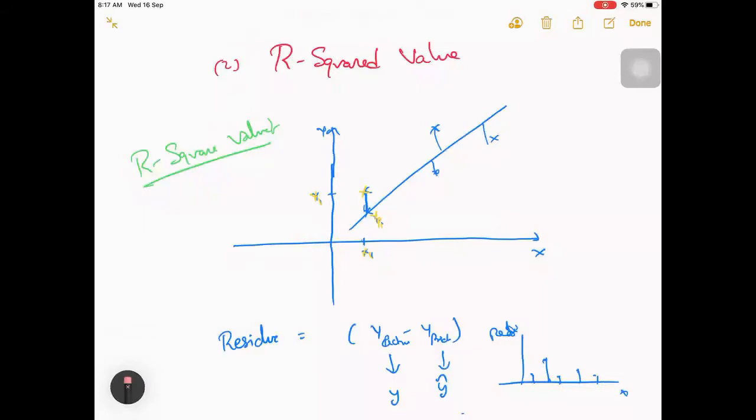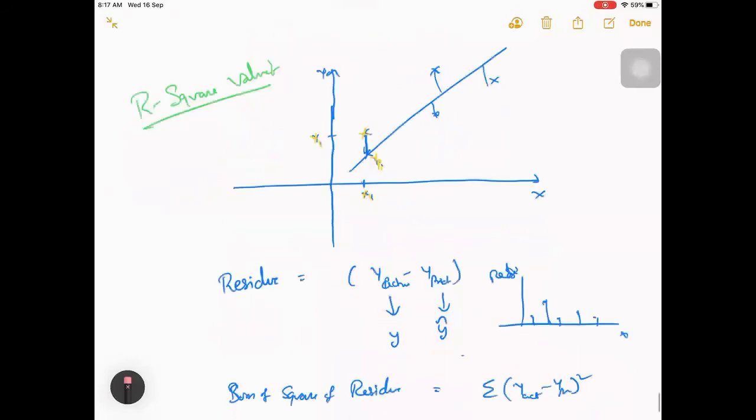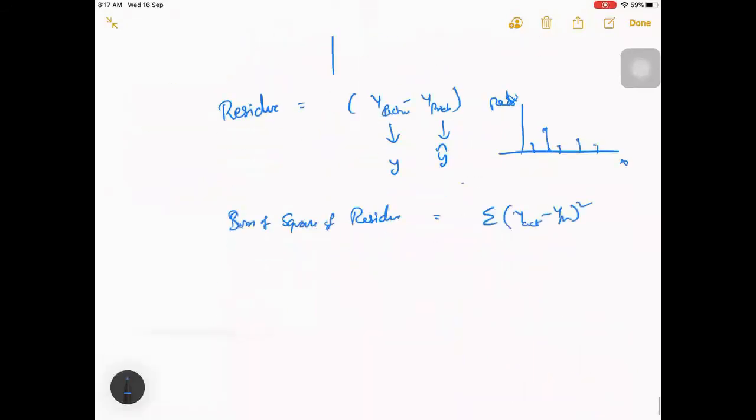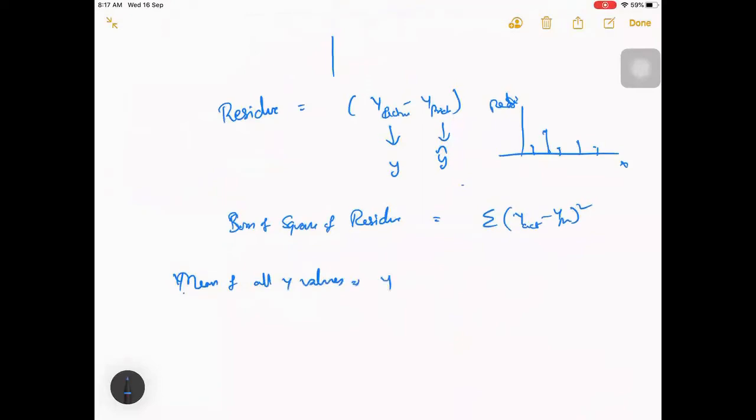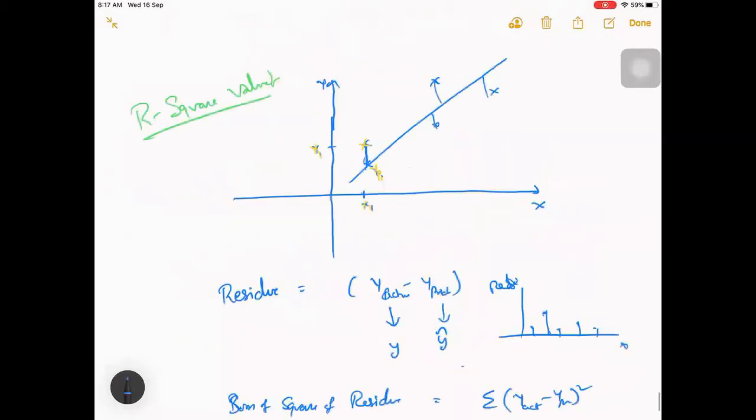The next part is if you take the mean of all y values, let's take that value as y bar, or mean of y. So you have some value here, some value here, right?